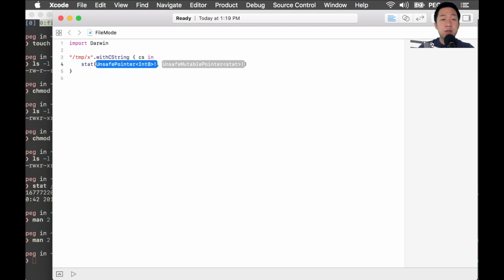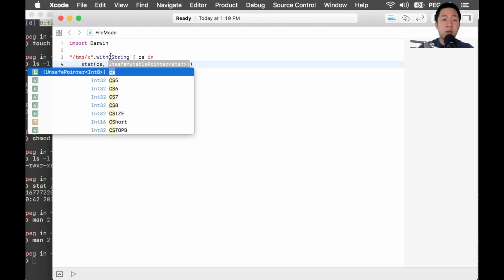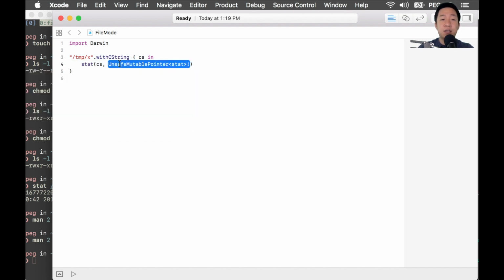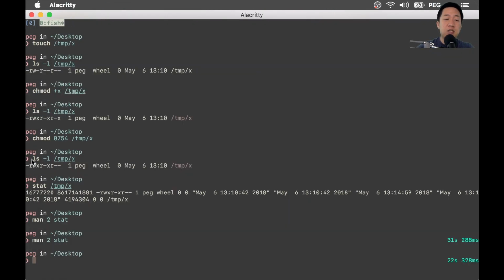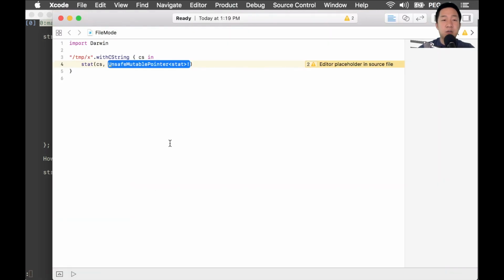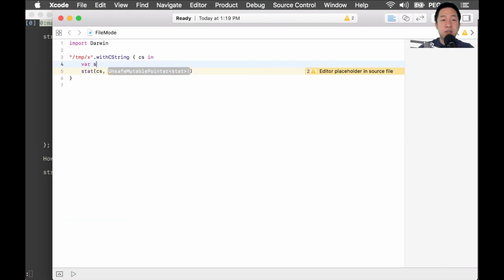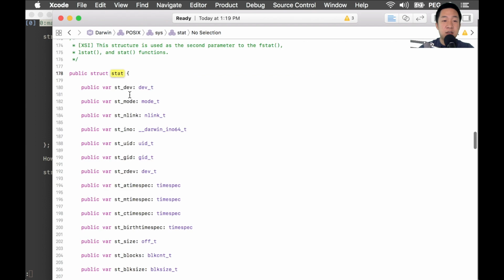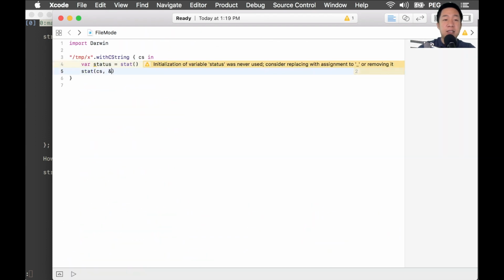Anyway, so with this, we can already call our stat function. But you'll notice it takes a second parameter, which is the mutable pointer for the stat struct. And we just look at the definition for the stat struct. It's either one of this one or the other one. Anyway, so we need to first allocate a struct. That's easy enough. Stat, by the way, stands for status. It gives us a status of a file, right? So we can do this, and this will give us the struct. Yep, we're just passing the pointer here,